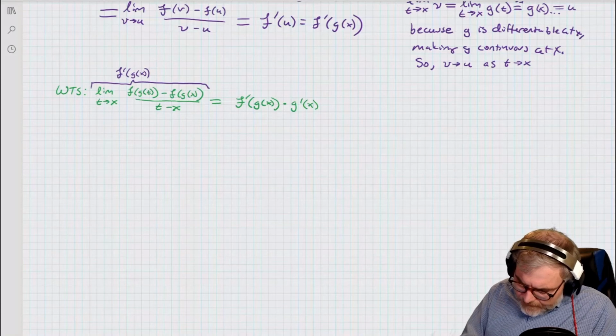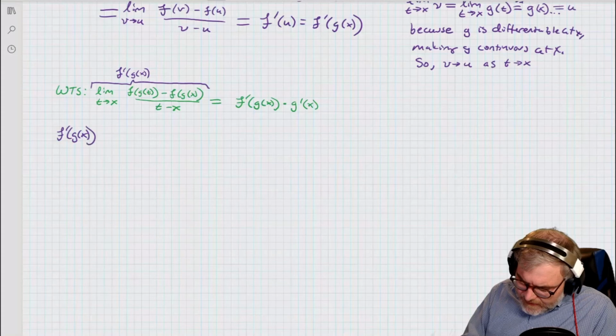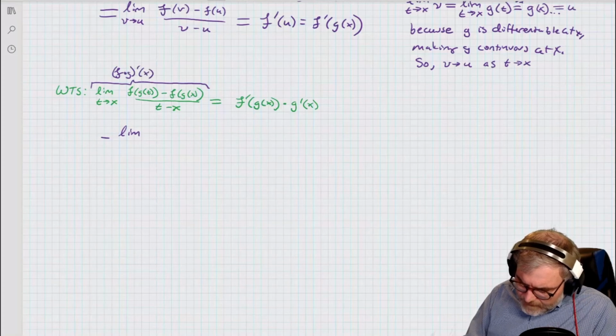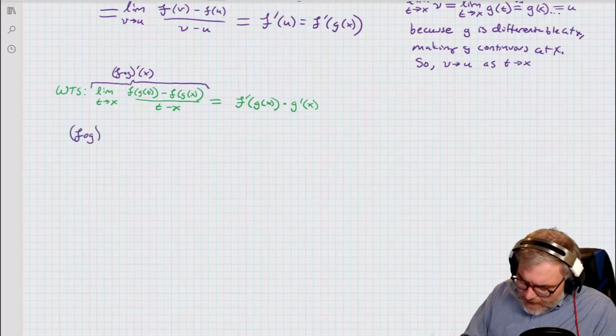Okay, so f prime of g of x equals the limit. It's not f prime of g of x. I'm sorry, that's f circ g prime of x. So f circ g prime of x equals,